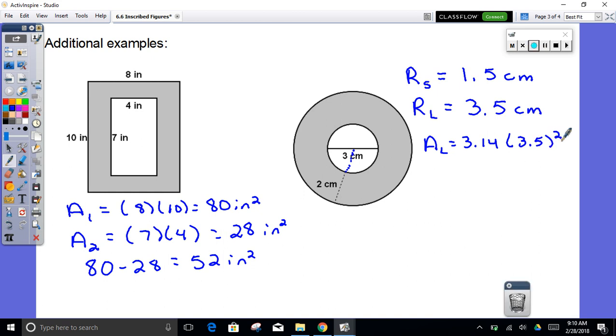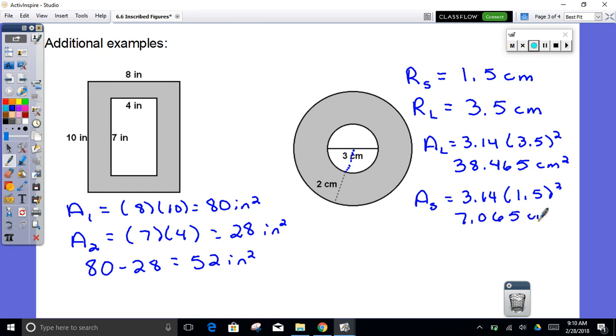And we get, let's see here, large circle 38.465 square centimeters. And then we find the area of the small circle, which is 3.14 times 1.5 squared. And we get 7.065 square centimeters. Subtracting the two gives us